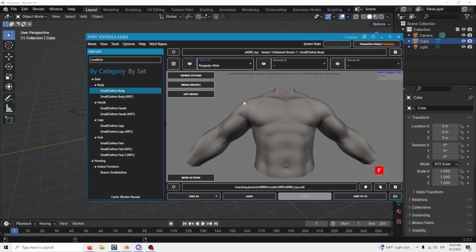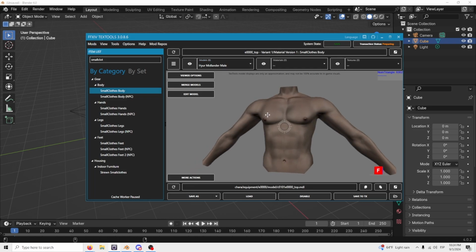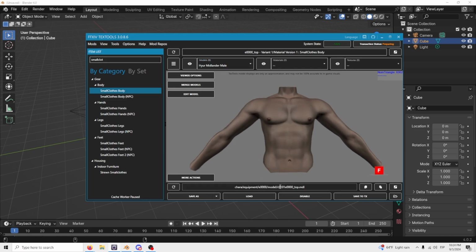The other thing that you need to keep in mind is the numbers that they replace. Usually, when you're assigning things, you will probably want to double check what number it is. For example, Midlander male is usually 0101, right? So whenever I am working with modpacks and I need to select a model, you have MDL for model here, I make sure that I am working on the 101, because those are the Midlander male